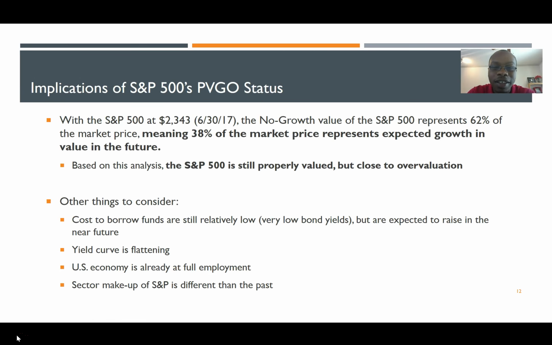Now, S&P is at 2,343. So the no growth value actually represents approximately 62% of the market price today, meaning 38% of the market price is what is expected upon growth in the next upcoming years. Now, based on this analysis, the market is actually still relatively fairly valued. Getting close to an overvaluation, getting close, but still relatively fairly valued, which is different than a lot of pundits